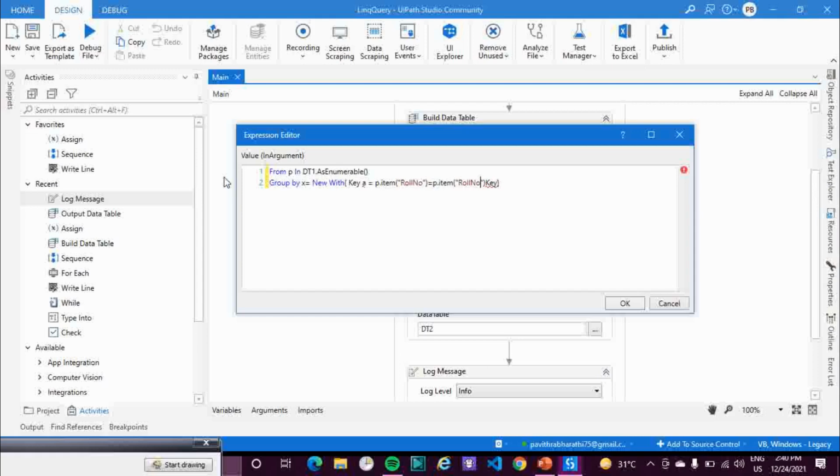So basically what I'm trying to do here is group the roll numbers and print the data.